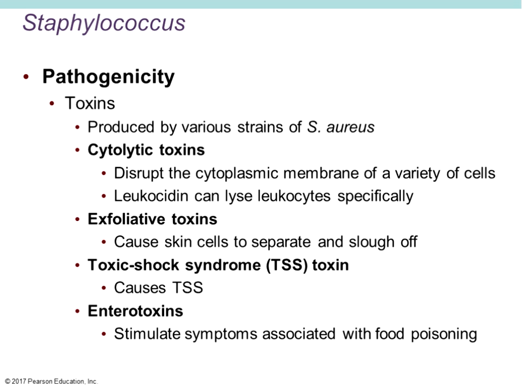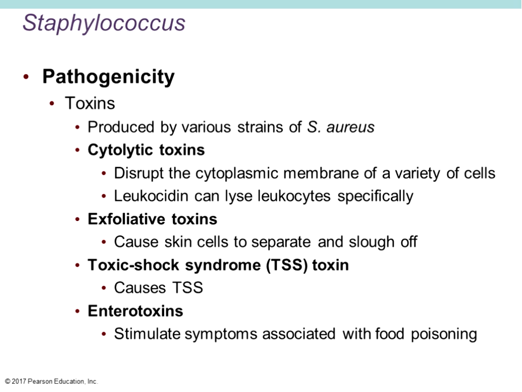Other ways that the pathogenicity of these bacteria is contributed to are toxins. It produces various different types of toxins. Staphylococcus aureus possesses lots of different toxins that will actually contribute to this pathogenicity. And they include things like cytolytic toxins,